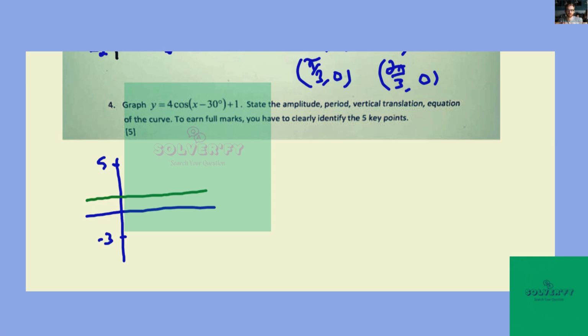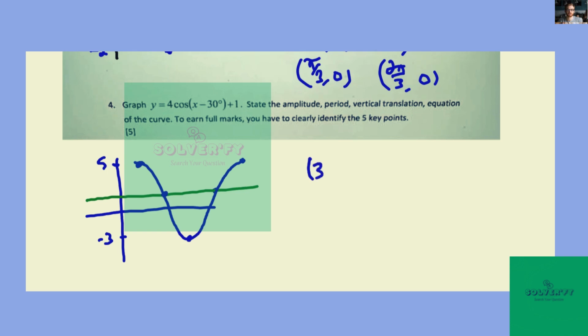We're going to go to the right 30 degrees, and this is a positive cosine, so that would start at a maximum, but it's going to be shifted over 30. So here would be 1 cycle. And those key points, everything's going to be shifted to the right 30, so